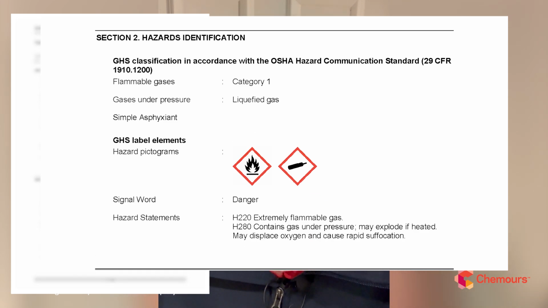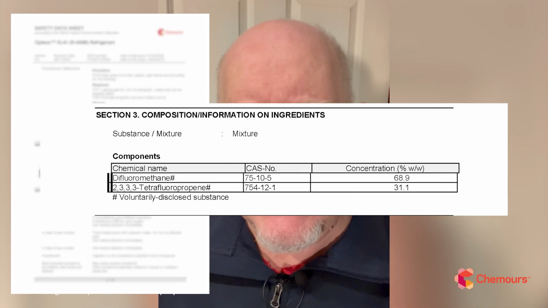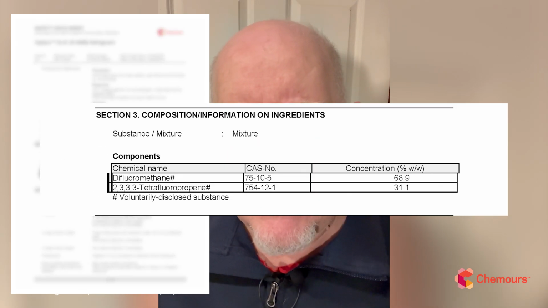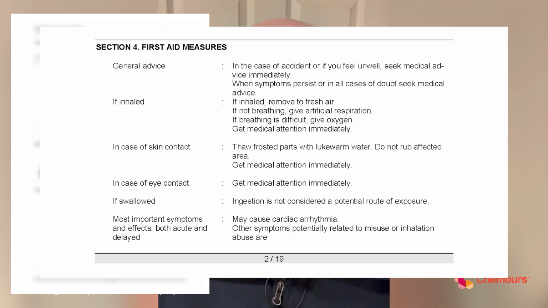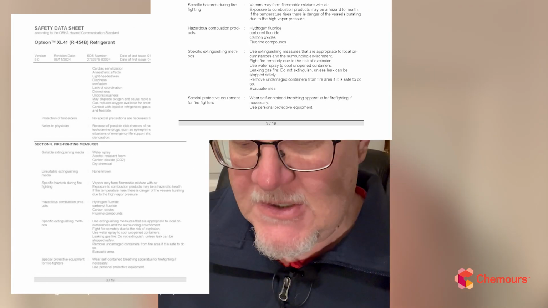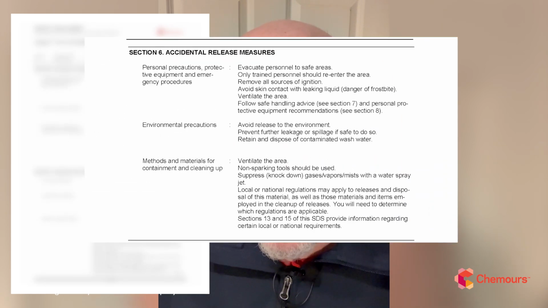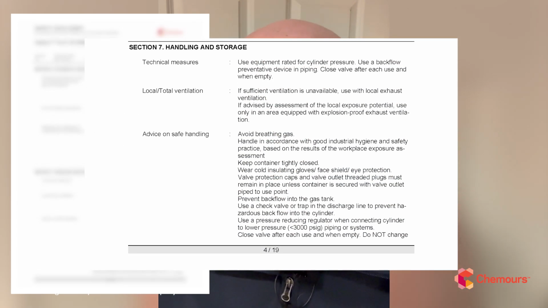That's where you'll get a flag like flammability or toxicity, those types of keywords, in that first section. Then it goes into the composition, if it's a mixture, the different components, then first aid measures if there's an exposure, firefighting response and procedures, what to do if there's an accidental release, handling and storage information,